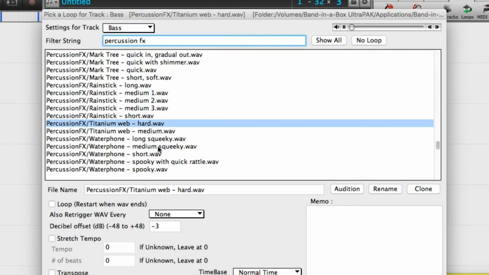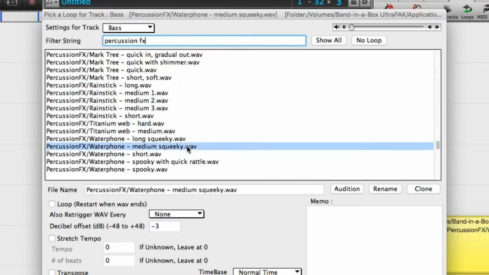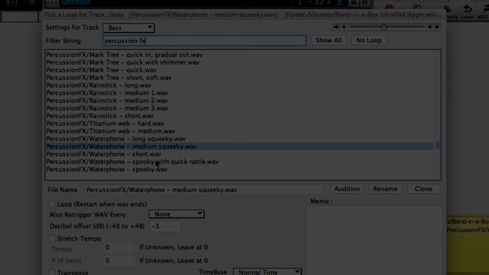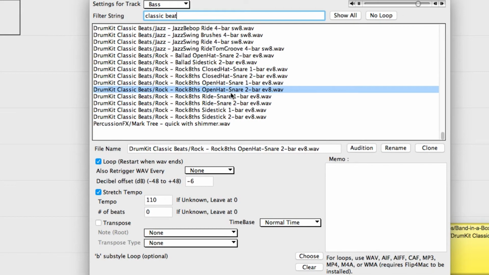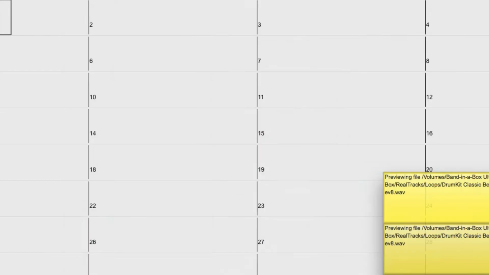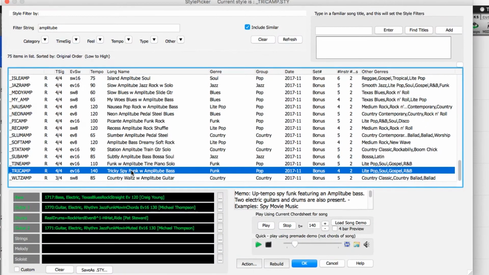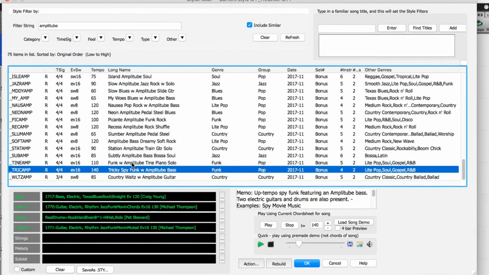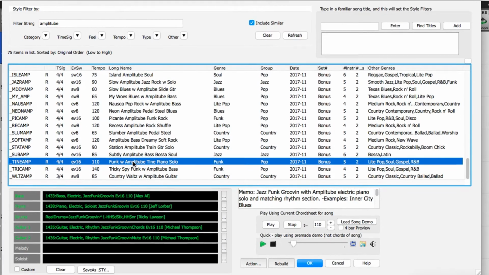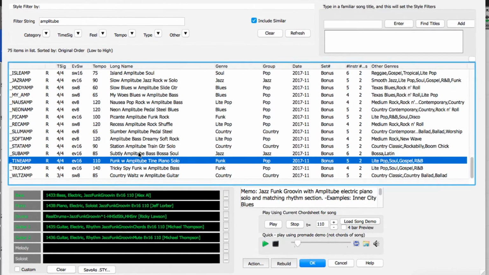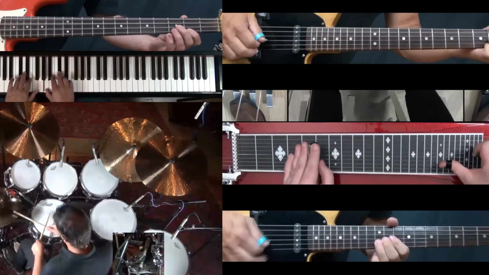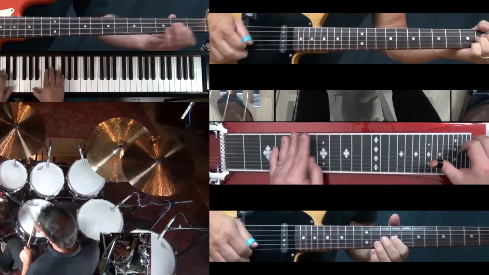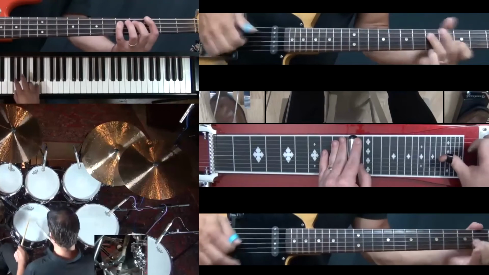There are also new loops, including percussion effects, and classic beats, which are very basic drum kit loops, which can be used in a similar manner to a metronome for practice purposes. There are also new amplitude presets and associated styles. We also have 6 video RealTracks sets, including Set 1, Pop Ballad Band,